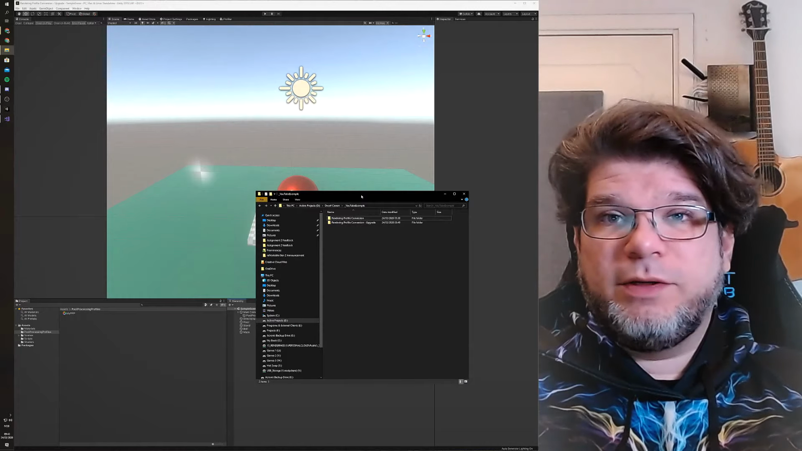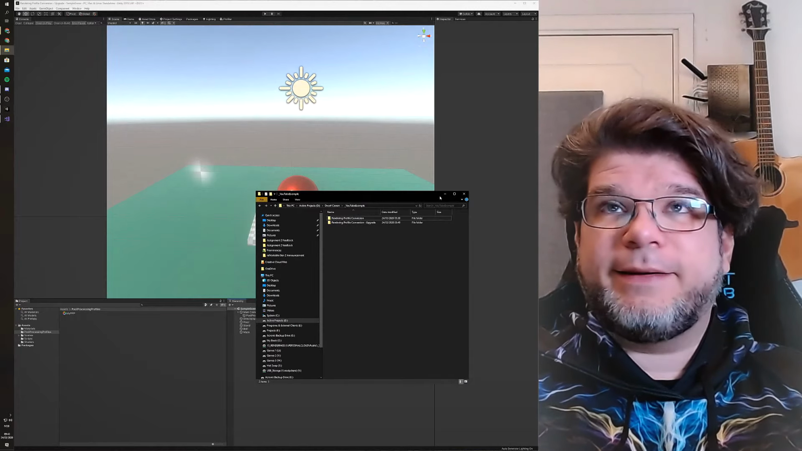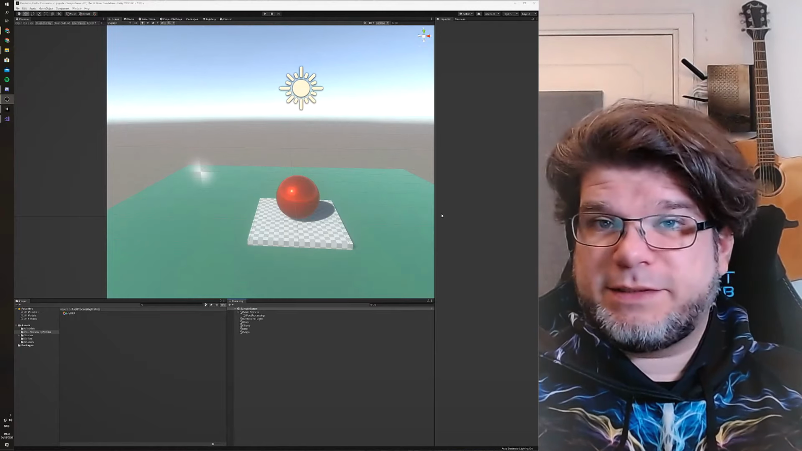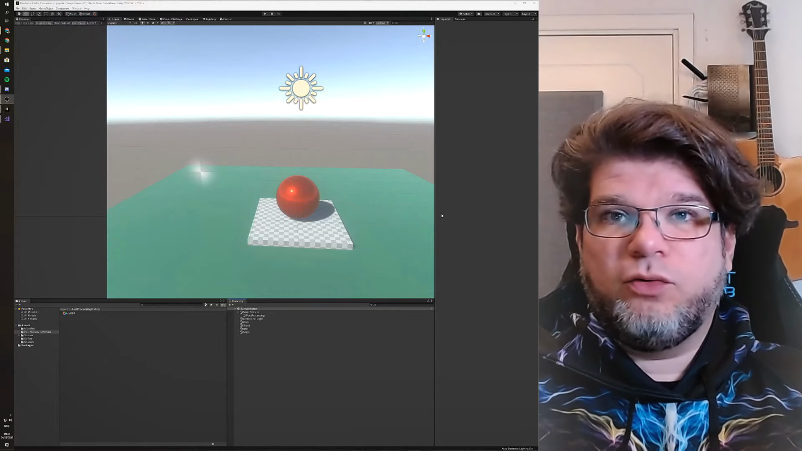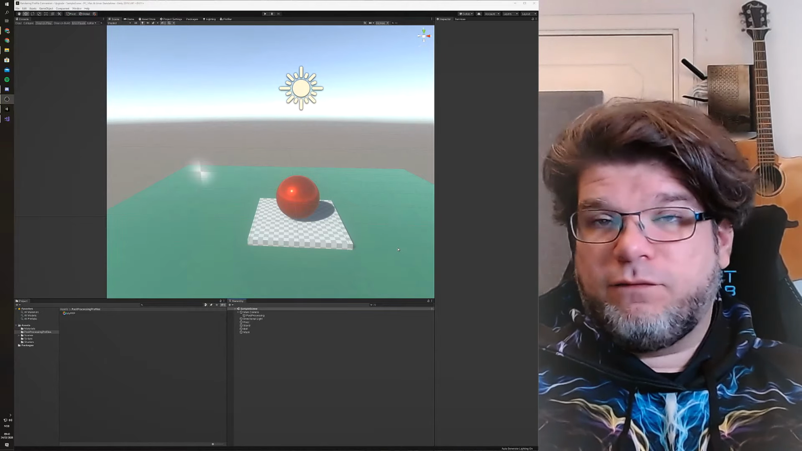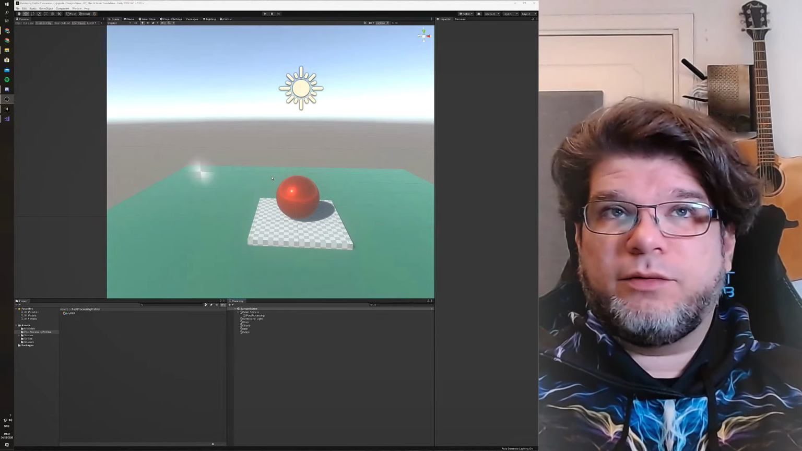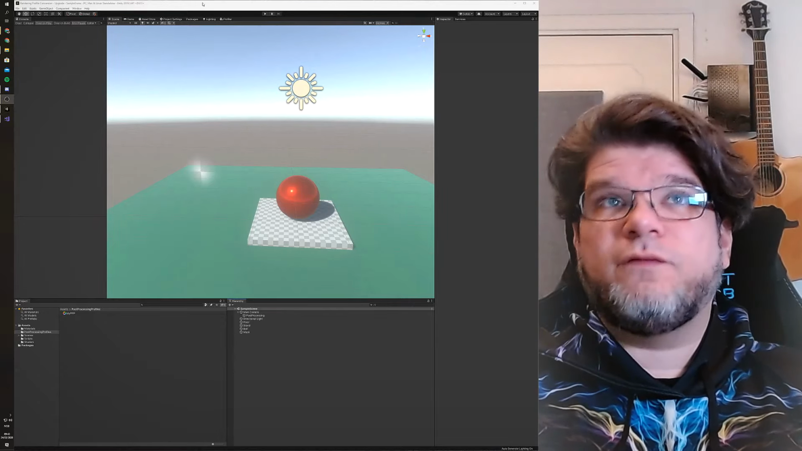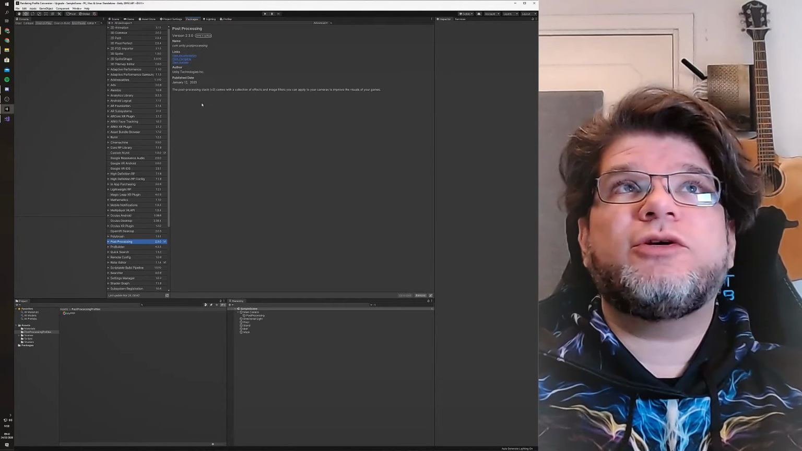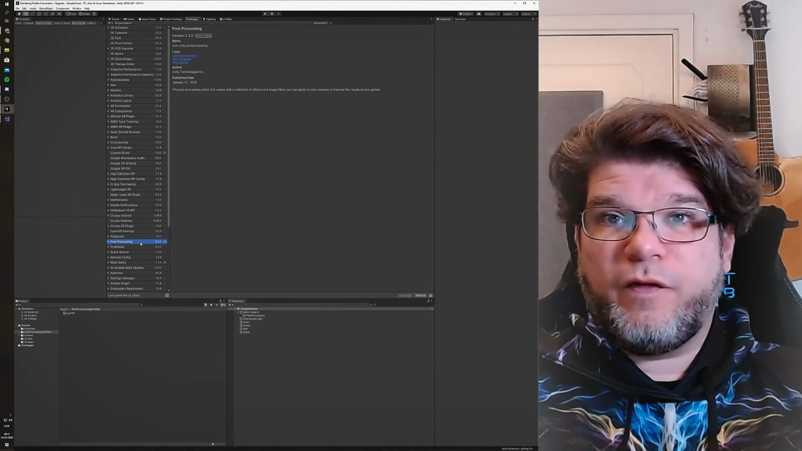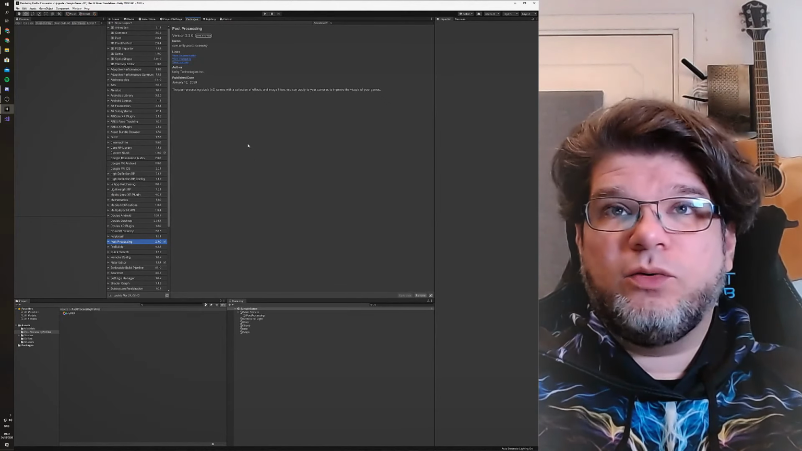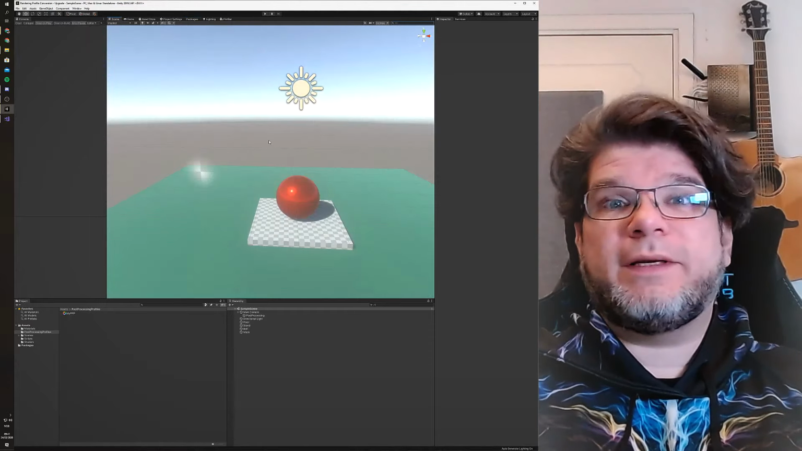The next thing that you need to do before you convert anything is that if you're using post-processing stack, V1 or V2, it doesn't matter. If you've downloaded it from Unity Asset Store, or if you've used the package manager to get it from there, then you will need to uninstall it. But